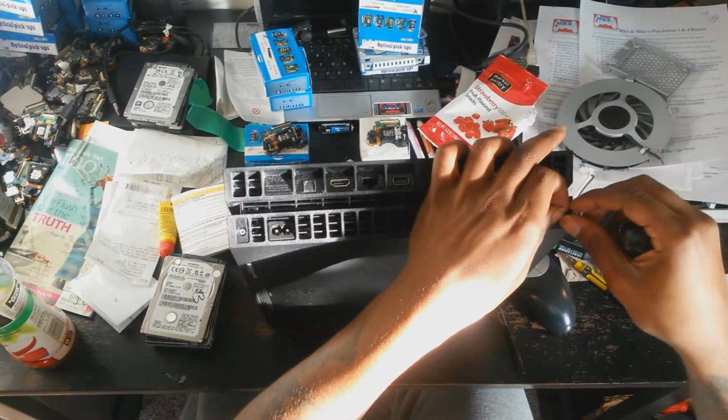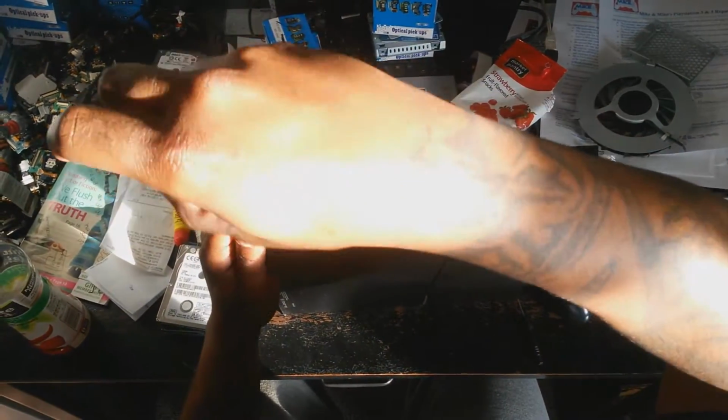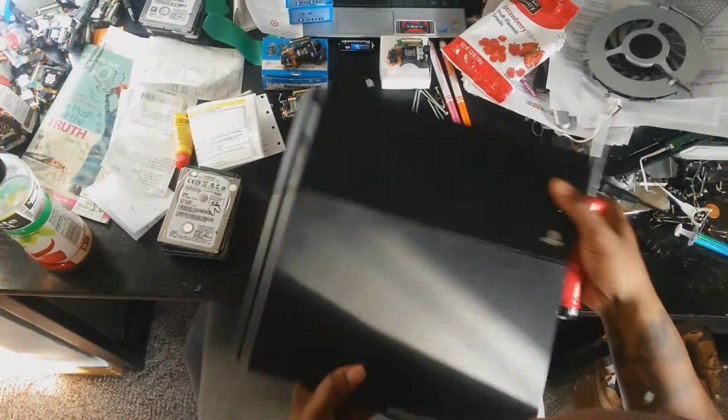Keep in mind, if you have a problem with your PlayStation 4, you may want to check your warranty. If you have one, send it back to Sony and get a new one. Don't let them get away with sending you a faulty system, or you purchasing a big expensive unit that's not